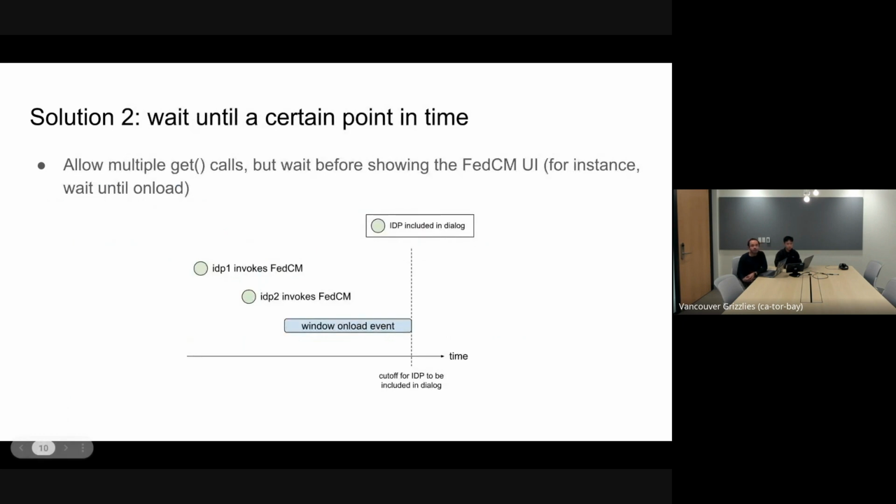Now, the second solution we have in mind is to wait until a certain point in time. Basically, wait, for example, until unload. And once unload arrives, we're like, okay, these are all the GET calls that have been invoked so far. We fetch all the needed information from all the IDPs corresponding to those GET calls, and we create the unified UI in the browser, which includes all of the IDPs which called GET before that point in time,